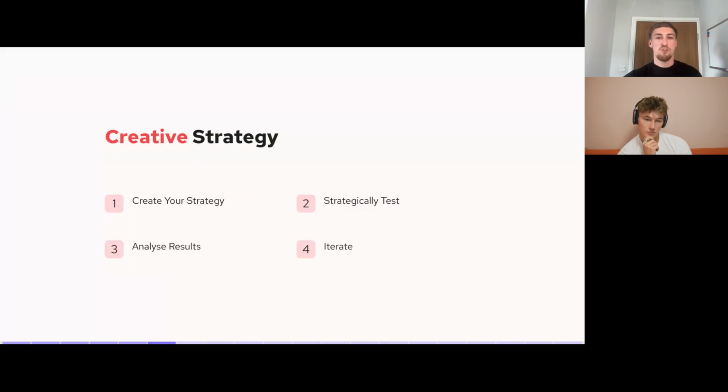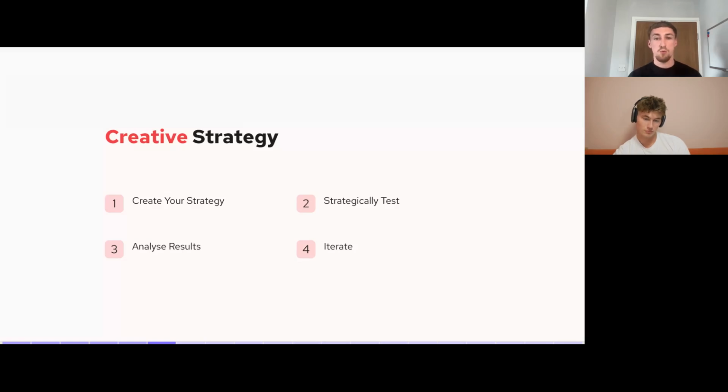So then we'll go into the creative strategy side of things. And your creative strategy needs to be very strategic. I like to do a kind of scientific method for things. And I know George does the same thing in his media buying, because it's really important to have a strategy when you go into anything in marketing. So what we like to do at Media Engineer is we'll break down the angle that we're going to use, the framework we're following, and a little bit of reasoning why we're going to do that.